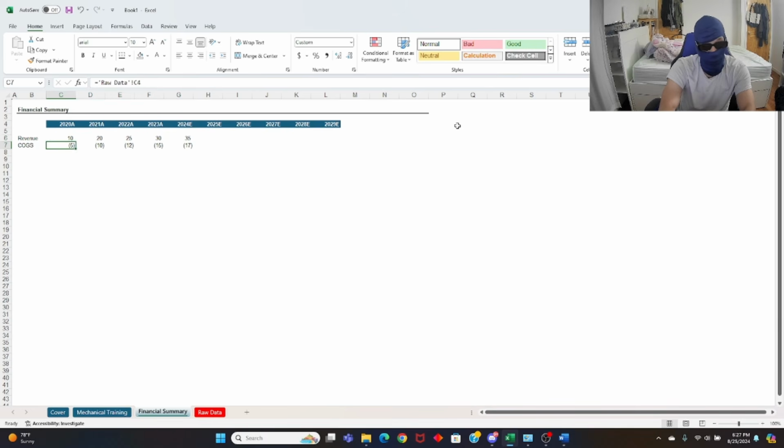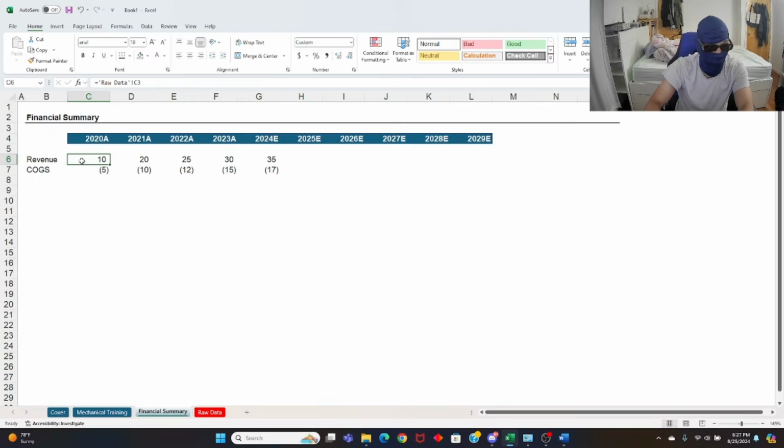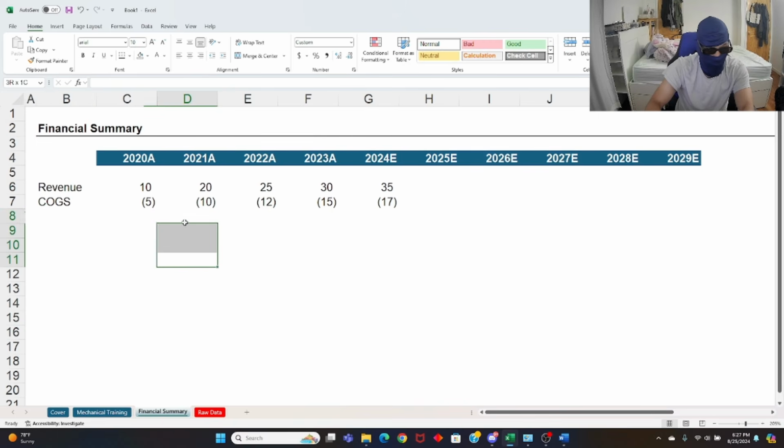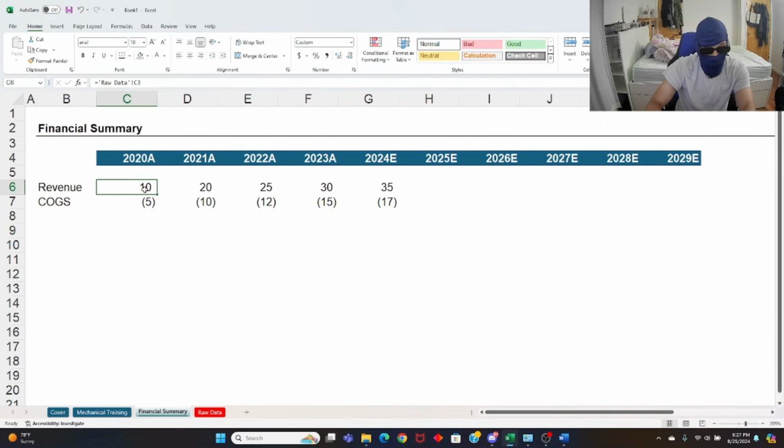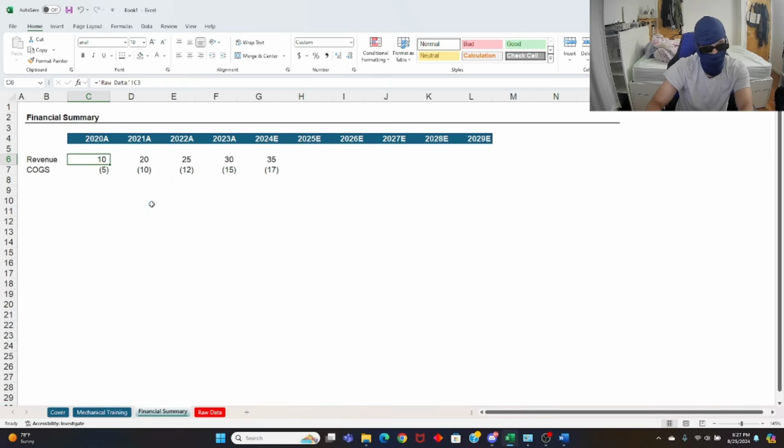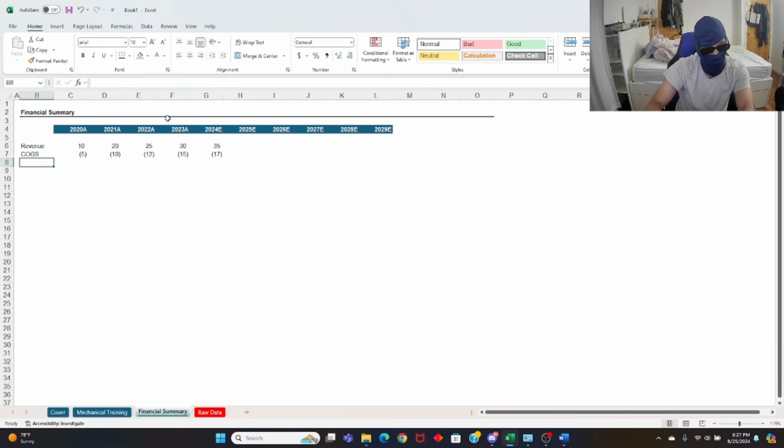So now you see that the numbers are aligned, right? If I zoom in, you see that if I didn't put this space right here, your 10 would actually be a little bit over to the right, which wouldn't line up with the number placement, right? So that invisible underscore creates a space for positive numbers, so it lines up with the negative numbers. Okay, so your revenues, your COGS, and now let's say, what's revenue plus COGS?